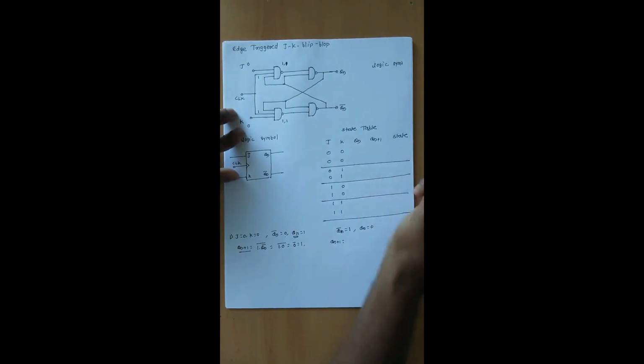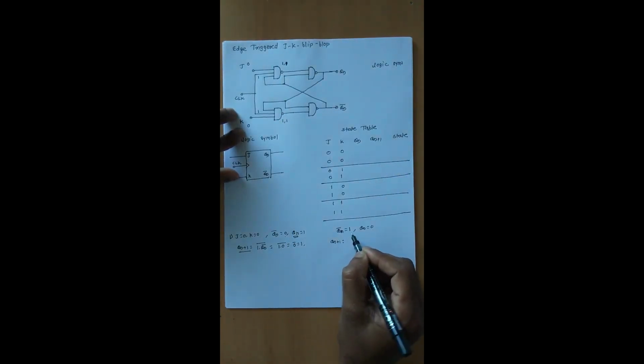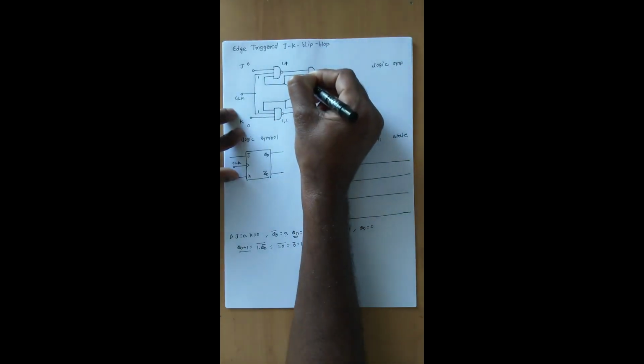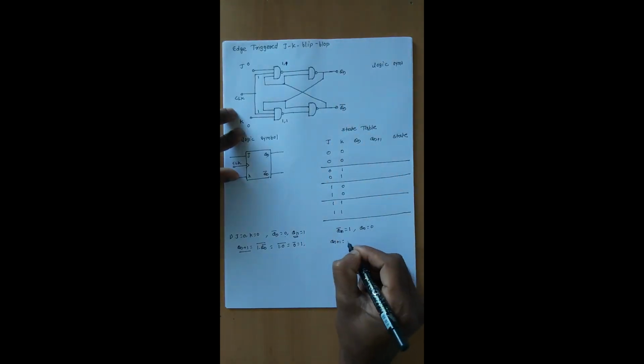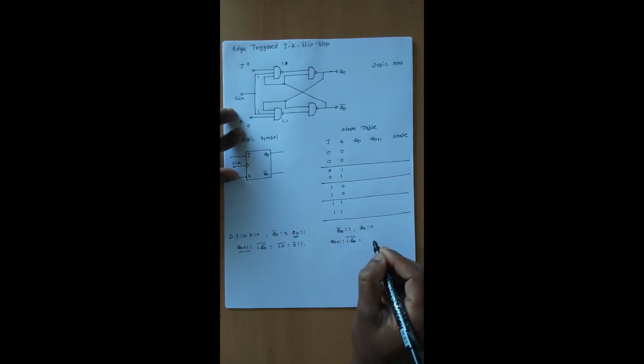So we have to assume this value. What is the value of this? This is a 1. 1 into 1 becomes 1, and its bar becomes 0. So the equation is like this: 1 into Q of N bar and its whole bar. What is the value of Q of N? The Q of N is 1 into 1 and its whole bar. 1 into 1 becomes 1 and its bar becomes 0.